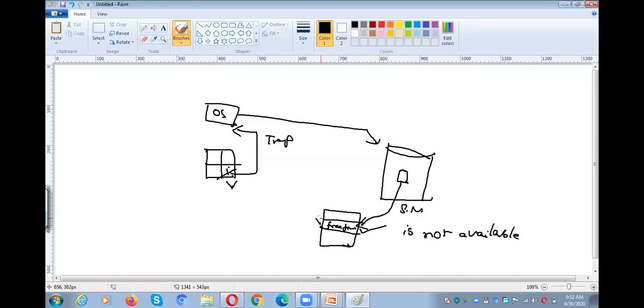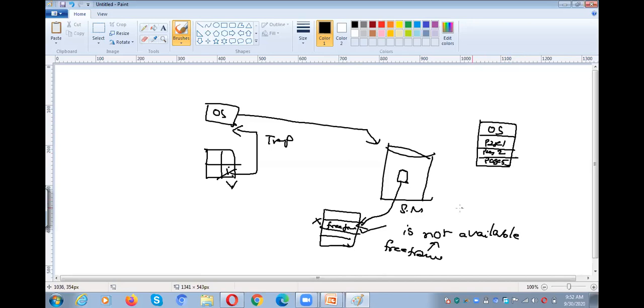If the free frame is not available, that means all the frames are occupied by some other pages. What can we do? This is the main memory. Already some pages are there in the main memory: page 1, page 2, and then page 5.